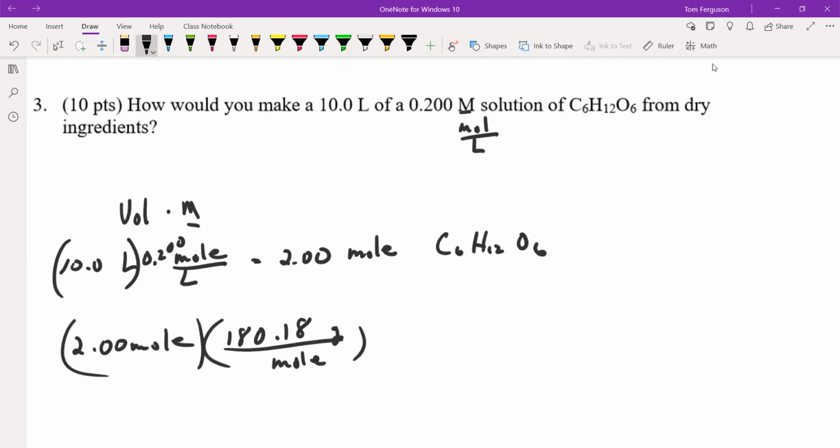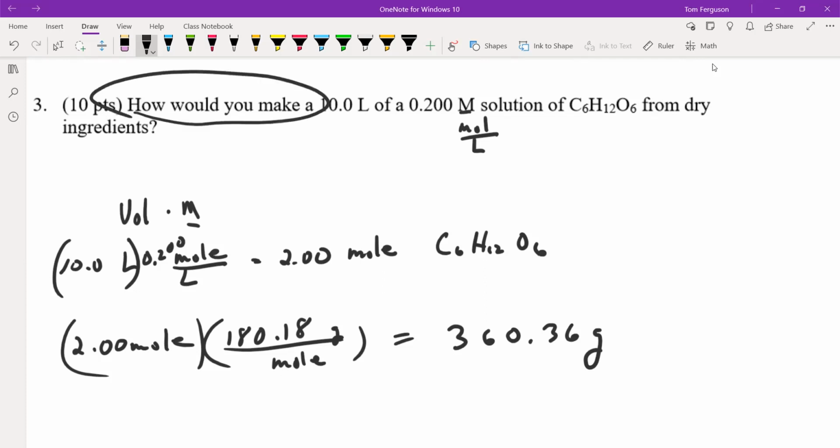So that's the molar mass for glucose. Now it says, how would you make? I'm asking for directions. You have to do the calculation first. So to make this, we would dissolve